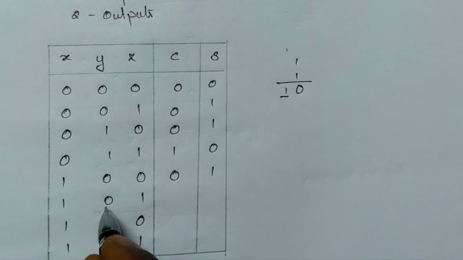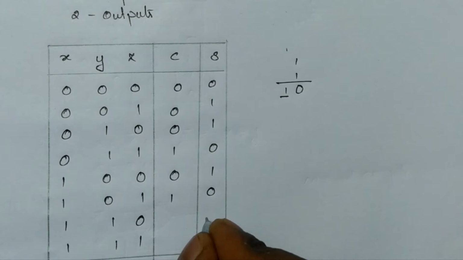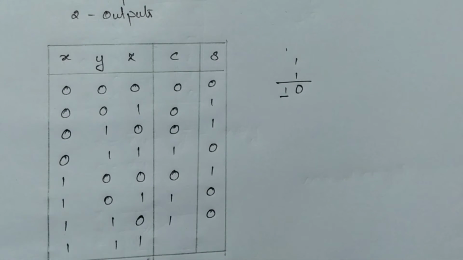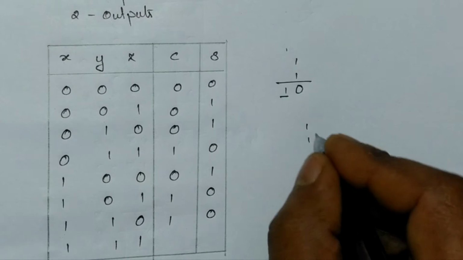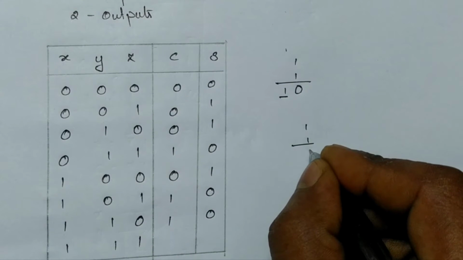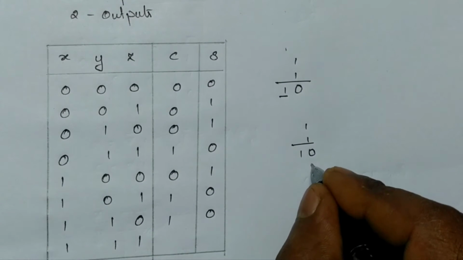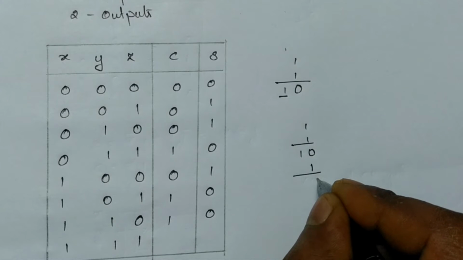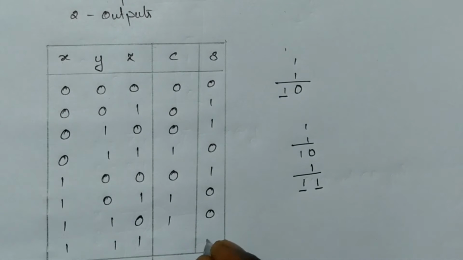Likewise here, 1 plus 0 is equal to 1. Again, 1 plus 1 is equal to sum 0, carry 1. Likewise here also, sum is 0, carry 1. At the last, here we are having 1, 1 and 1. Therefore, if we add the first 2 digits, we get sum 0, carry 1. Again we are adding 1, therefore here again 1 and 1, so sum is equal to 1, carry also 1, therefore sum 1, carry 1.